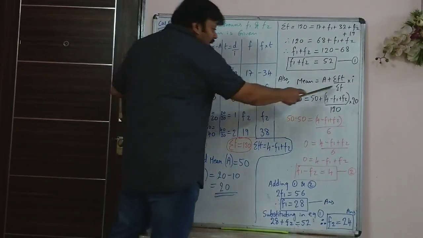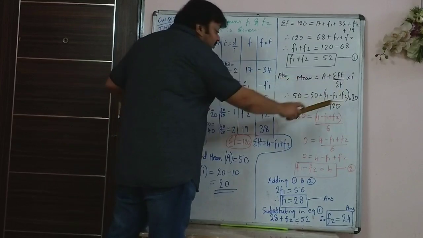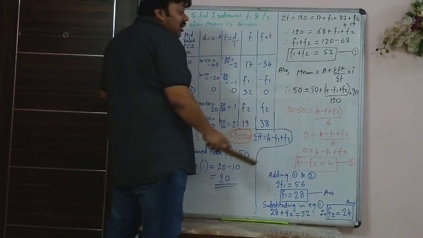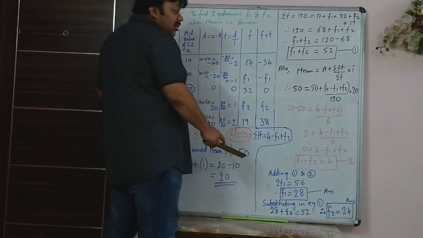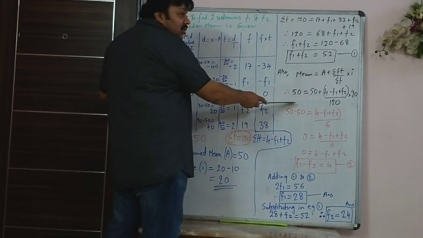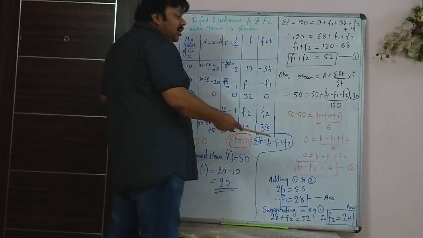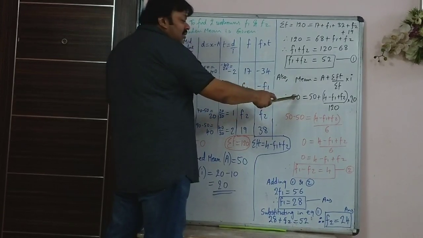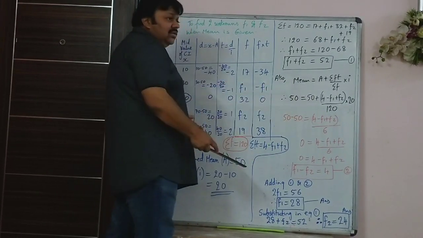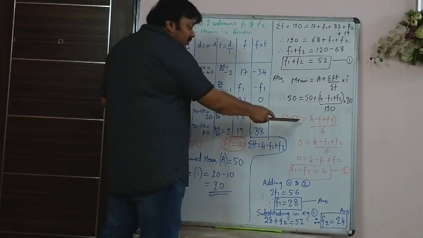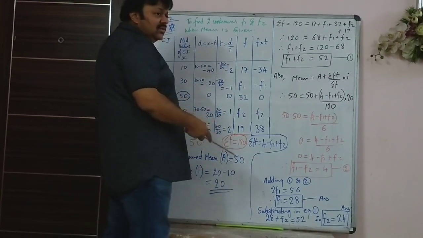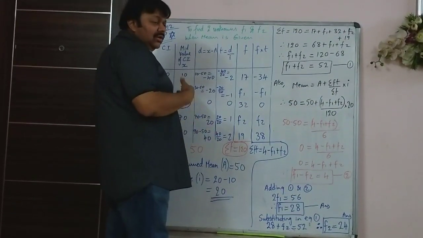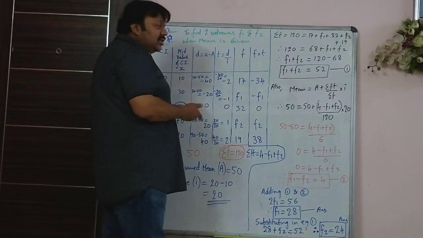Now here, many people get this much right, but next they don't know how to do the calculation. So doing the calculation and learning the steps is also important. Some people I have seen bring the 50 down here, which makes it a division. Why? It is 50 plus something, so why are you dividing? When you shift this here, this 50 will become minus. So it will become 50 minus 50, which is 0. That is simple. You don't sit here and take the LCM and all those things. You can get the answer that way also, but it is long.